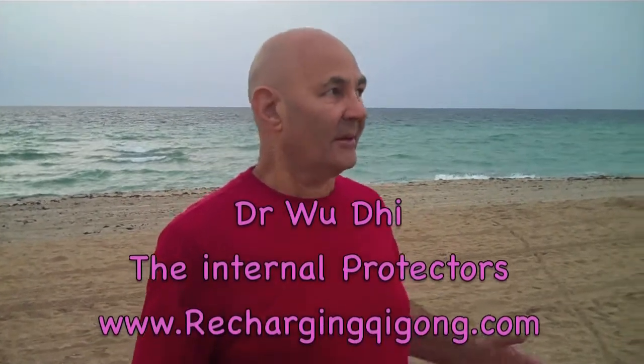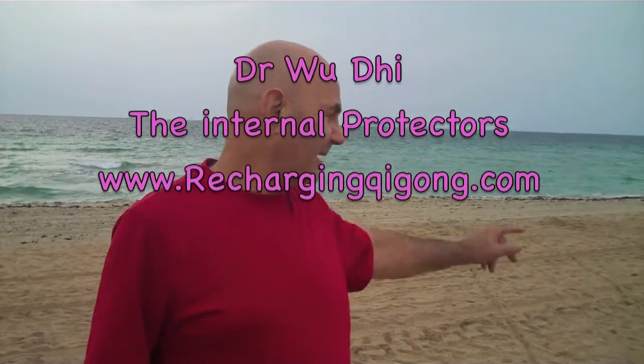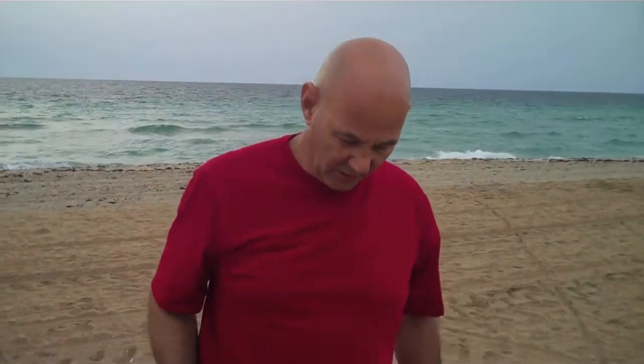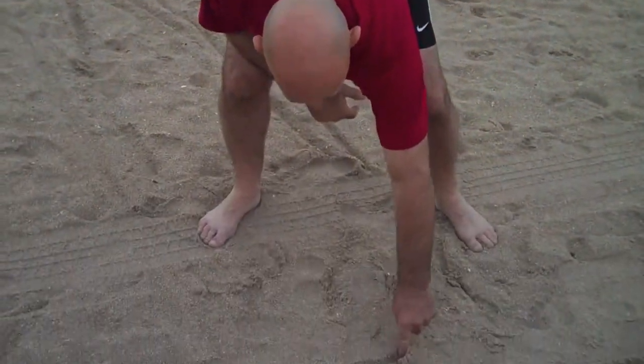Me about the protectors. In Chinese medicine, the liver is on the left side, the lung is on the right side, the heart is in front of you, and the kidneys are behind you. And in the center is the stomach and the spleen. I'm going to draw a little diagram. Okay, so